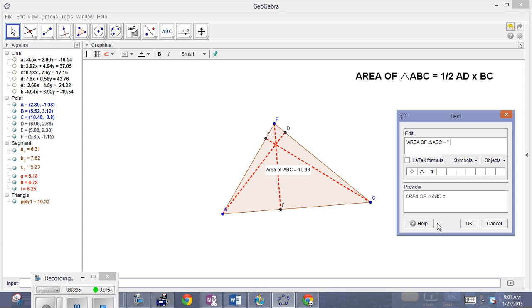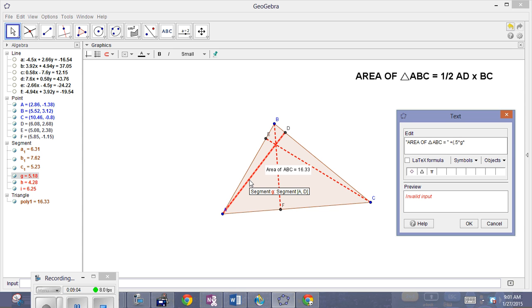Now we're putting in a formula, so we always begin with a plus sign. In parentheses, we know we need segment AD, but we need 1/2, so I'm going to put that in as 0.5 AD. AD is said to me over here as segment g. So 1/2 of g, I'll put a multiplication asterisk, g times